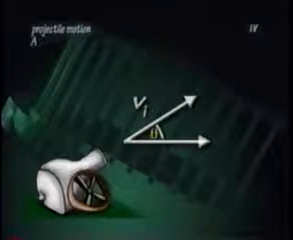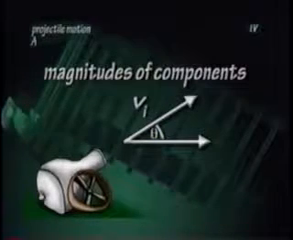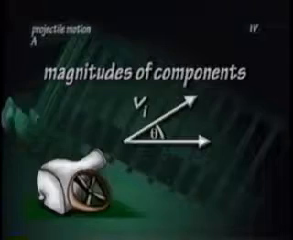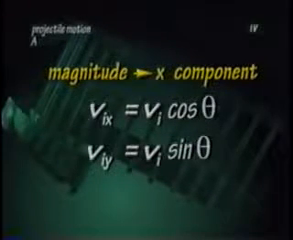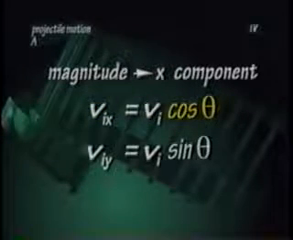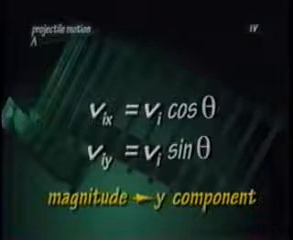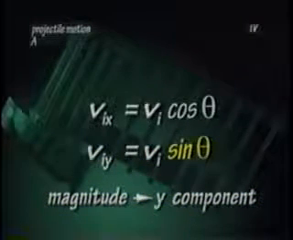The initial velocity of the cannonball makes an angle theta with the ground. Remember that velocity is a vector, so it has x and y components. And remember how we found the magnitudes of the components? Well, the magnitude of the x component of a projected object is found using the formula v sub ix equals v initial times the cosine of theta. And the magnitude of the y component is found using the formula v sub iy equals the initial velocity times the sine of theta. So these are the equations for finding the magnitudes of the x and y components